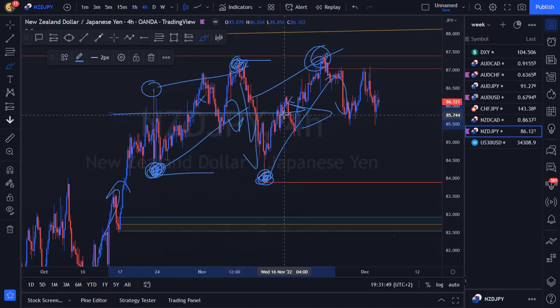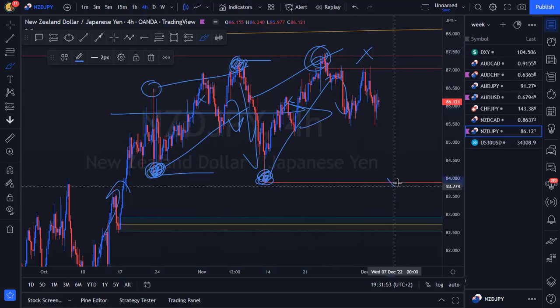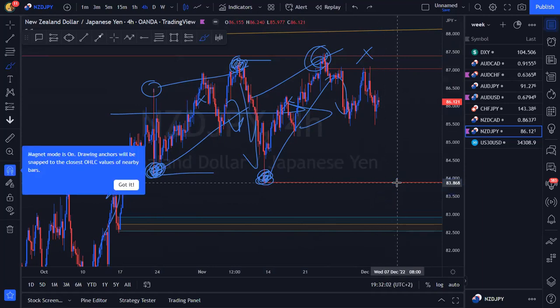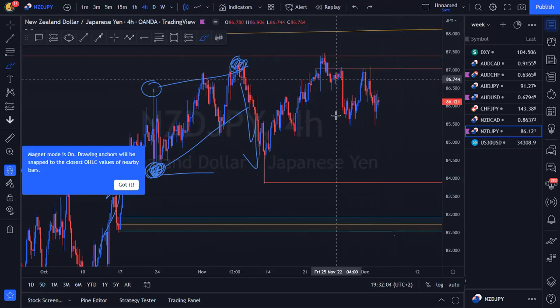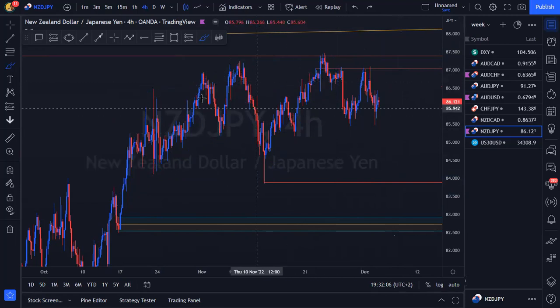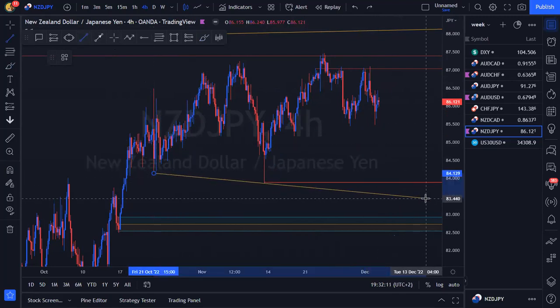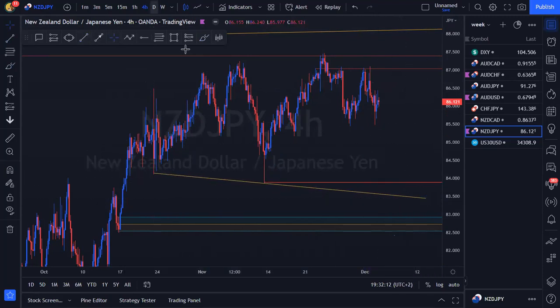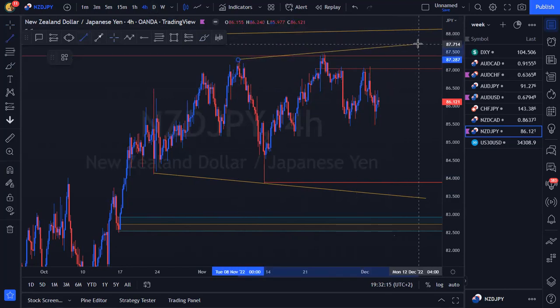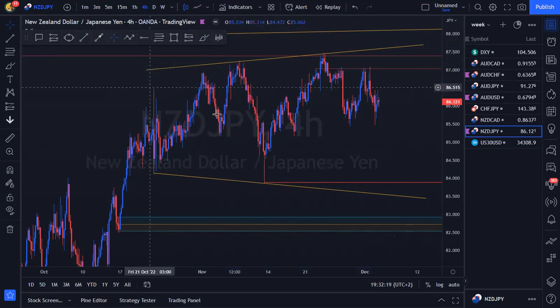And whenever we are inside chop, we do the safest thing: we find probabilities at our extreme highs and our extreme lows. That's just how we trade chop. If we ever go against that rule or try to trade chop in another way, we'll get different probabilities and different statistics. Let's go into how we're adjusting the structure. We just spoke about our extreme highs and our extreme lows. All we're going to do now is draw them out using a trend line, just so that we make sense of what we just spoke about, where our extreme highs were and where our extreme lows were. And now we've got some sort of expanding structure.